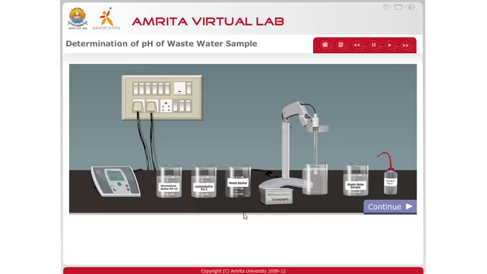Okay, now let's come back to our experiment. It is the determination of pH of a wastewater sample. This is the setup you require for determining the pH. This is the pH meter and it's connected to the electrode. This will give you the reading of the pH, and this electrode is always stored